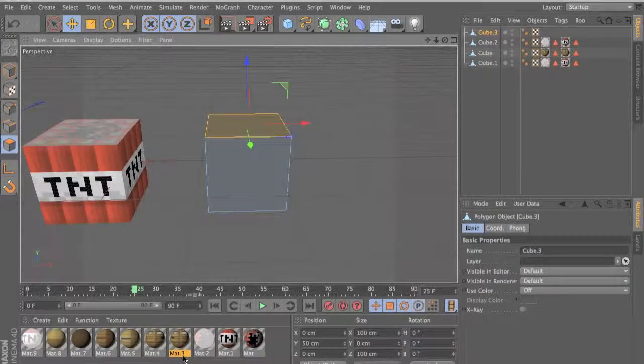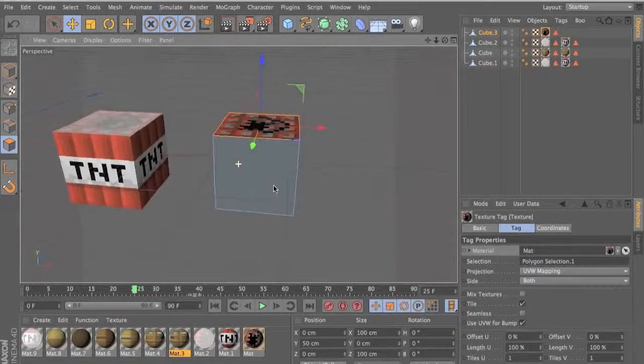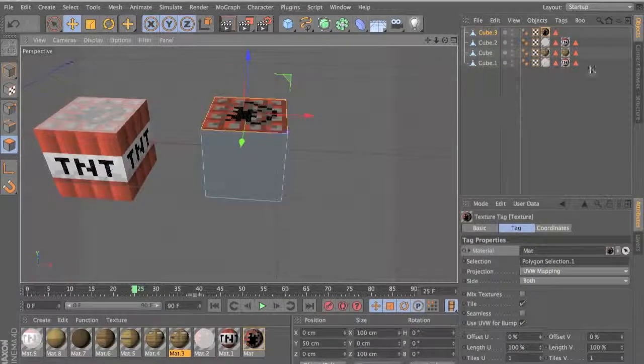I'm just going to do the top of it, not the sides. And so everything else is repetitive. You just have